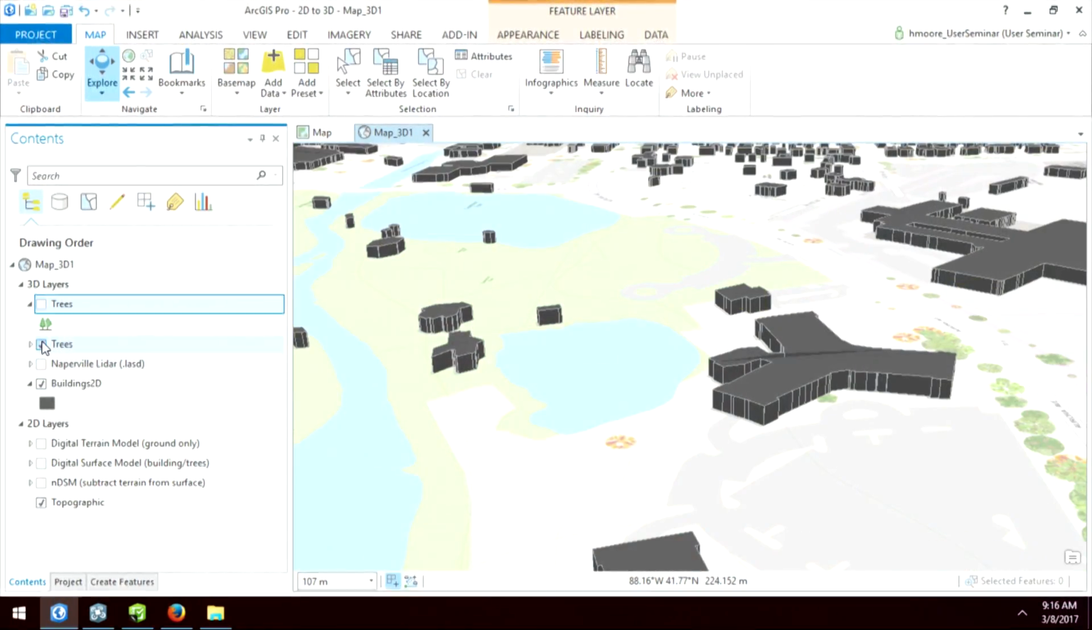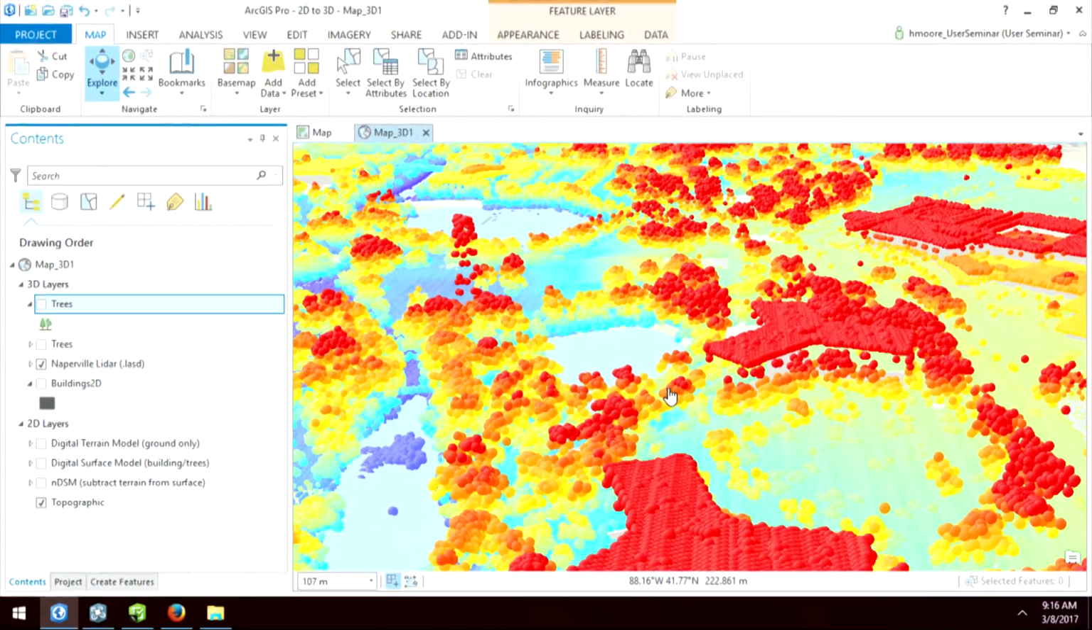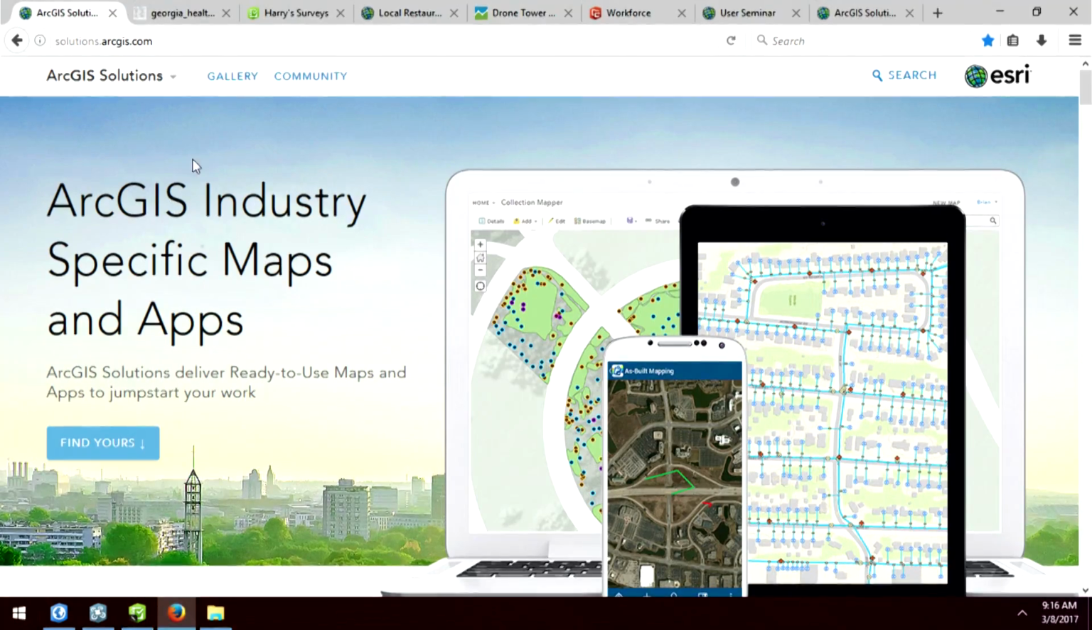So I'm going to turn off the layers that we just were looking at. And I'll show you, here's that LiDAR data. Here's that point cloud that I have for Naperville. So what Esri has done is we've created some tasks. So if you go to our solutions website, which is solutions.arcgis.com, click on the gallery tab, and this is important,